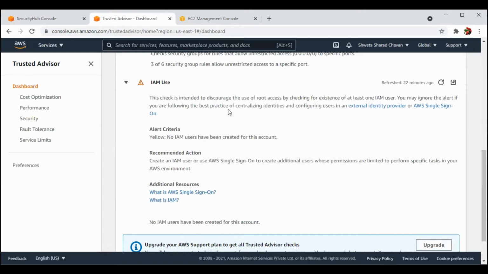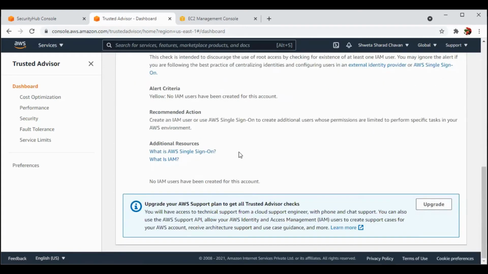So you may avoid it if you're following the best practices. But it is saying just go for at least one IAM user. It will be yellow marked: no IAM user has been created for the account. The recommended action is to create an IAM user or use AWS single sign-on. If you don't know about this, additional resources are given over here, such as what AWS single sign-on is. You can click here and learn more about it.